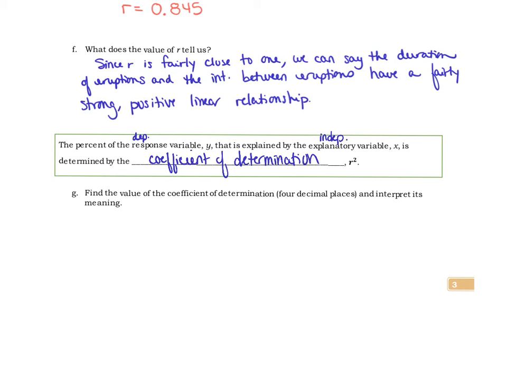It's also right there on your calculator, but it literally is the value of R squared. Okay, so if you clear out your calculator or whatever too soon and you wrote down R, you can get to R squared. So using 4 decimal places here, R squared should be 0.7138. And then what does that mean? Okay, so as a percentage, this would mean that 71.38% of the variation